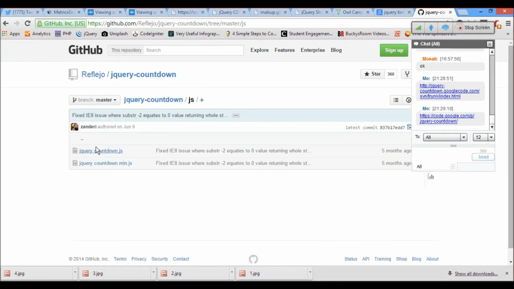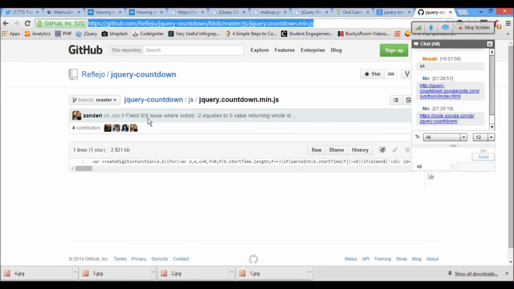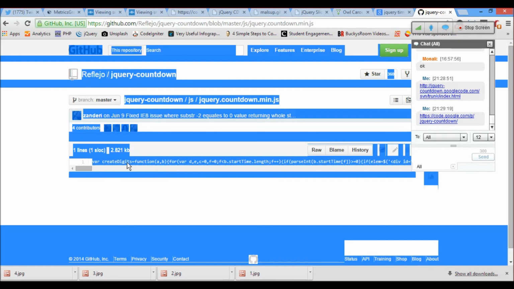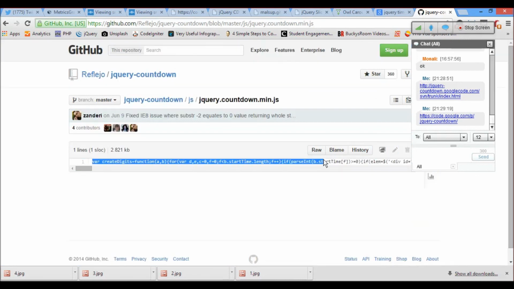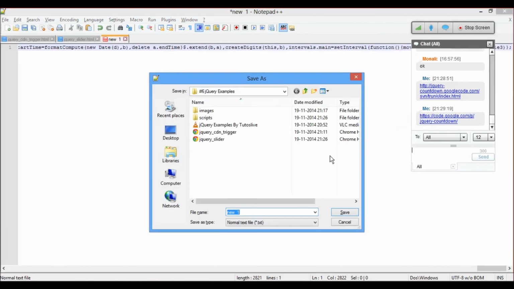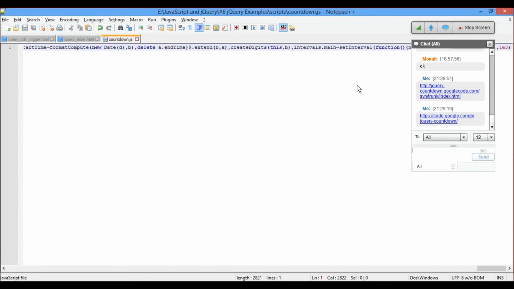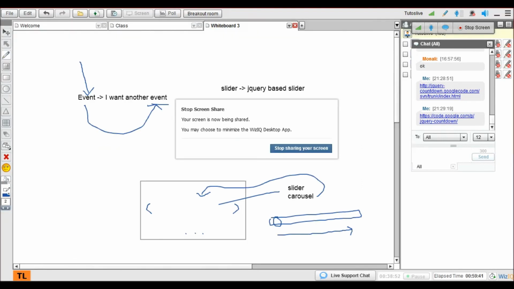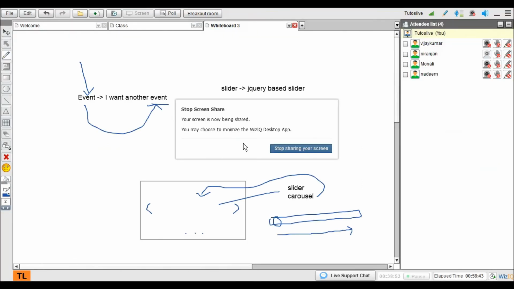Click on the JS, min.js. Copy and paste it in a file and include the file. Inside my scripts, I'll call it countdown.js. Okay, so try it out. Sit now and try it out.